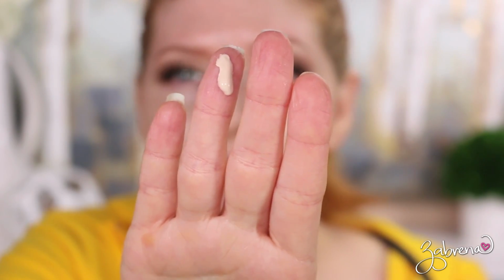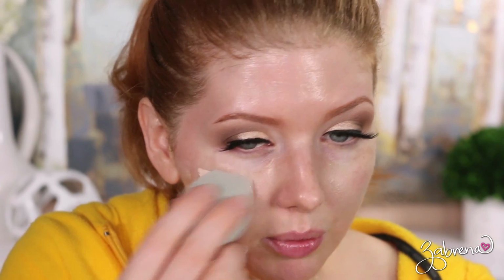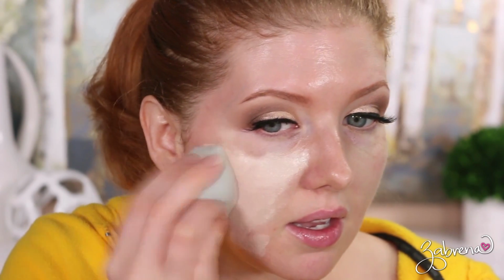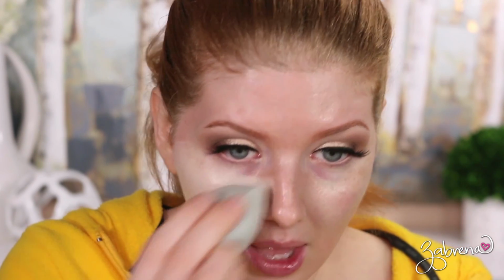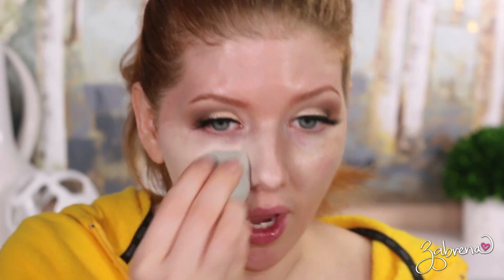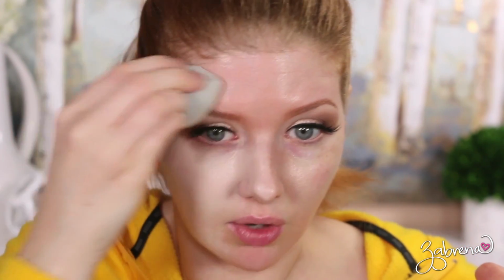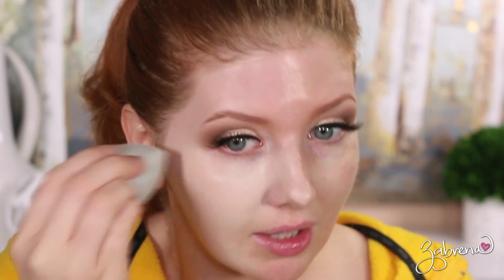Consistency looks like that. I'm going to blend it in with my EcoTools sponge. The shade that I got said that it was for fair skin with cool undertones. They have quite an extensive shade range, by the way, in this line, which was very impressive. I think drugstores are starting to wake up to the fact that not everybody is this one shade. I mean, we're all different. We all have different skin tones, and it's very hard to create a line of foundation to match everyone, of course, but there needs to be a lot more